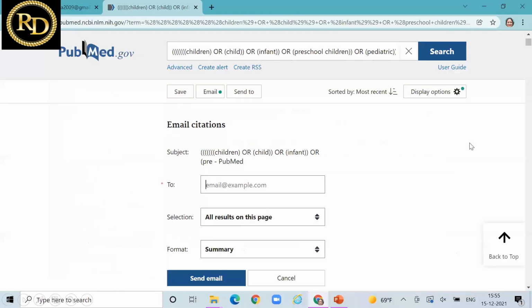Now, how to mail your search results or search strategy to your colleague or to your reviewer? Just select the studies which you want to send to your reviewer, and then go to the email, and it will ask you the email address of whom you want to send this search results or search strategy to. It will also ask you whether you want to send all the results of this particular topic or